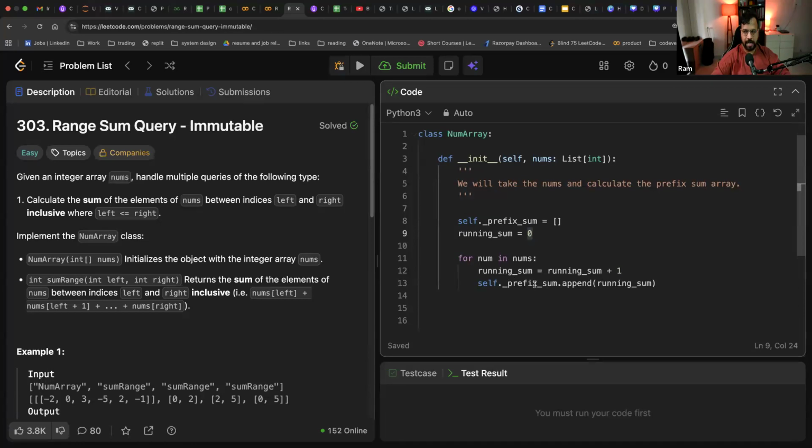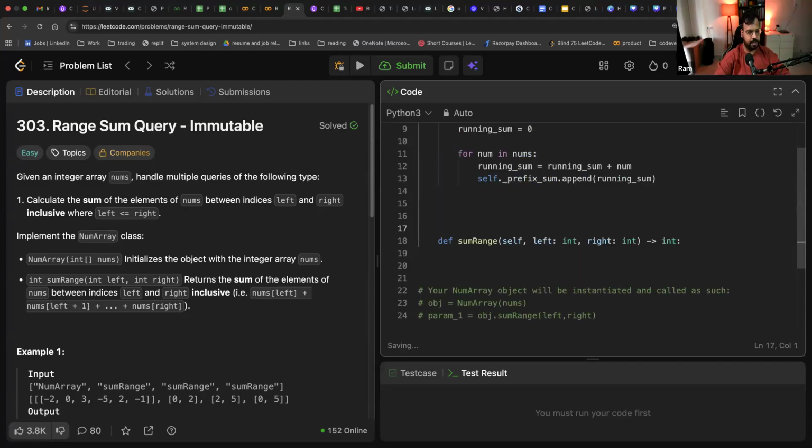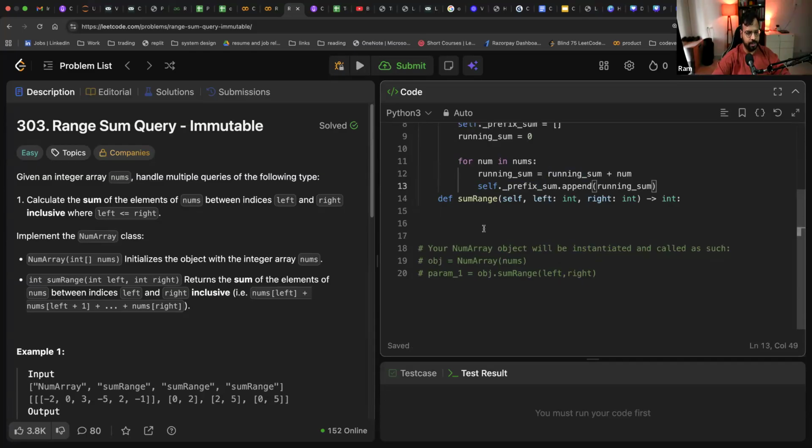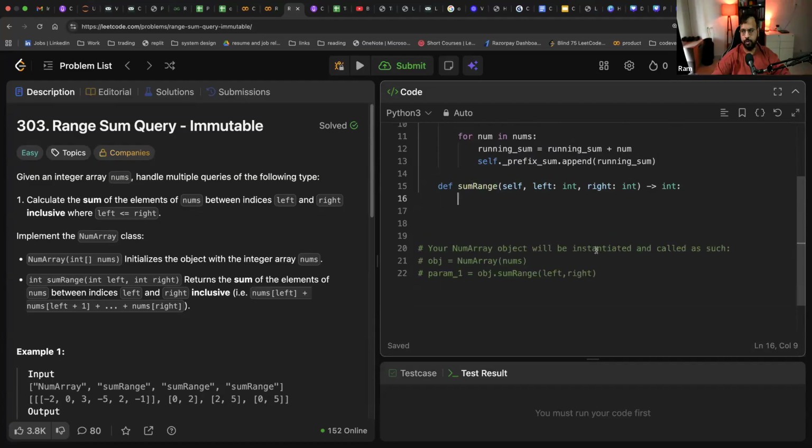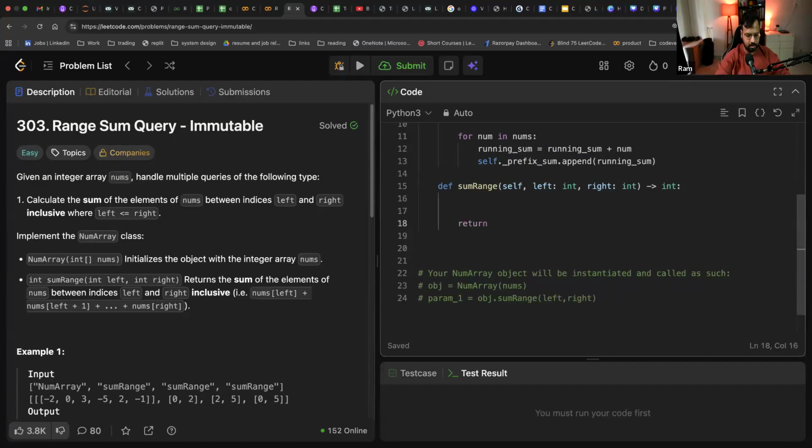Okay, so we have calculated this running sum plus num. We have initialized it. Then what we need to do: this operation will be O of n, and space will be O of n. Actually space is one time, so it's not worth worrying about. Actually we are interested in the sum range. So when we are given a sum range, we already have the prefix sum. We will find the prefix sum